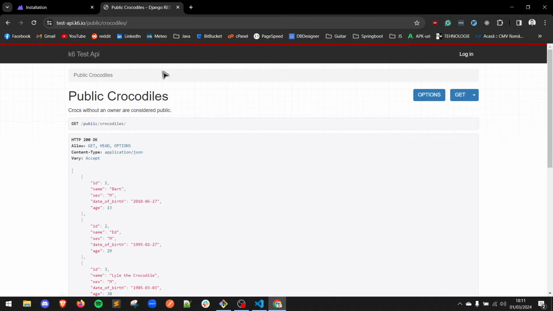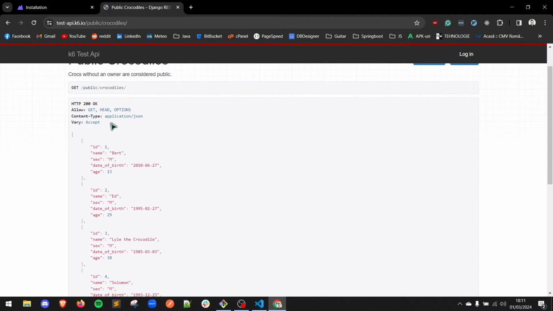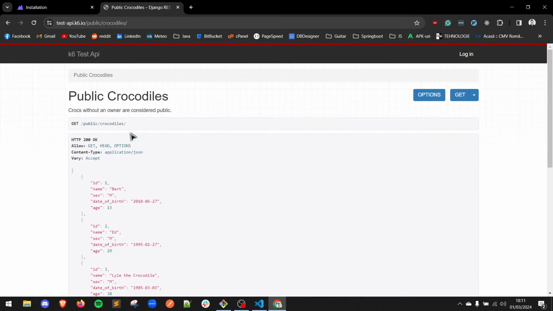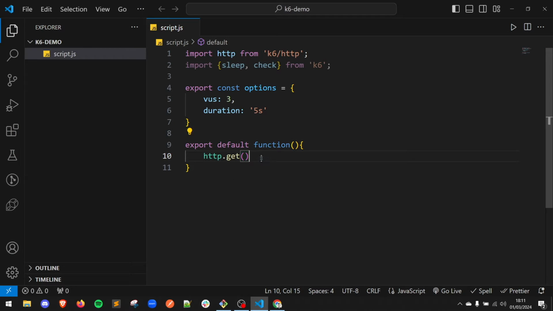So this is our endpoint, and we should receive status code 200. http.get followed by the URL,